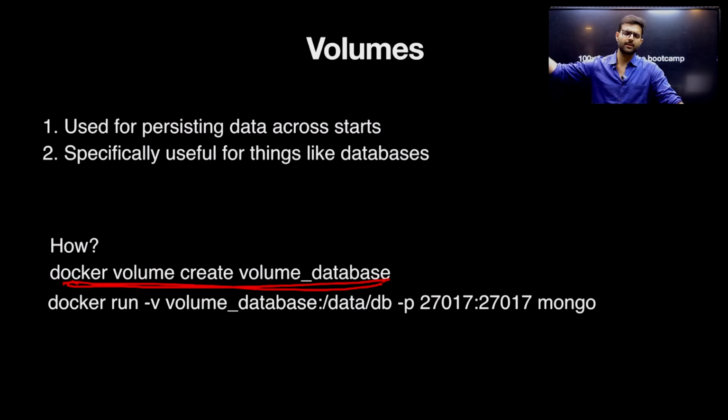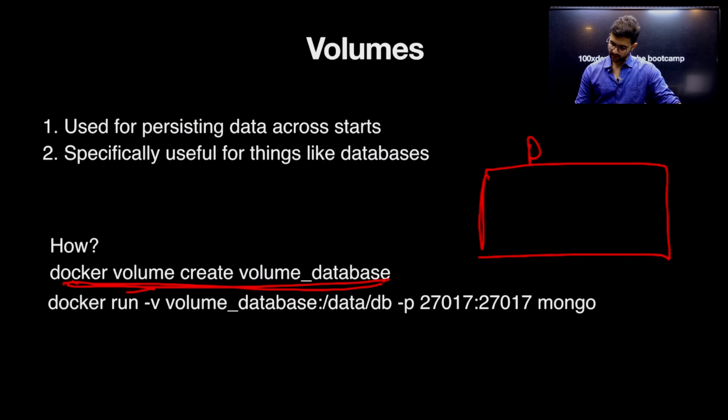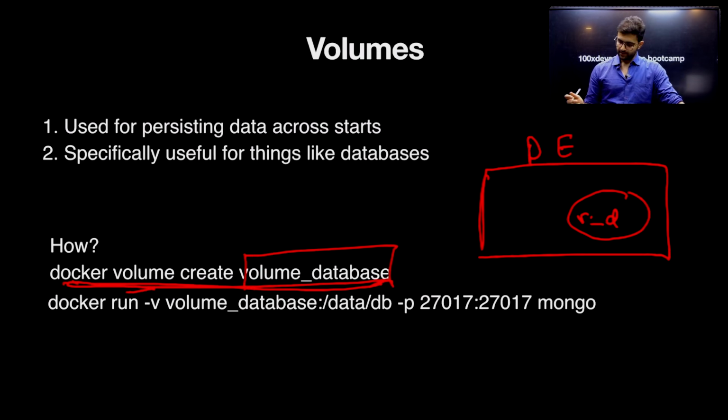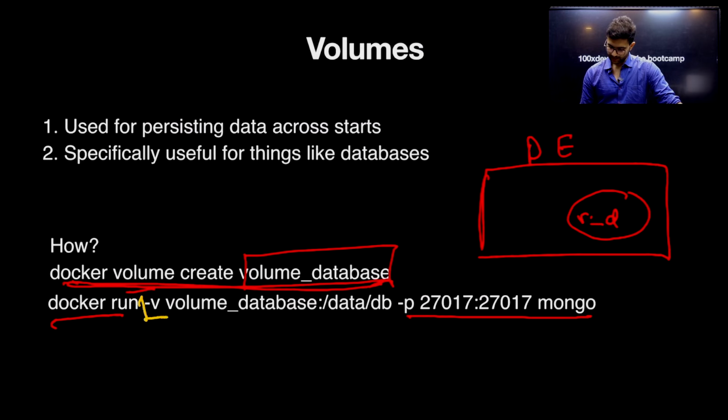Forget that we're building images, forget that we're running images. Just this command would, inside the Docker engine, create a volume called whatever, volume_database, this thing right here. Now what you can do is, whenever you're bringing up a container, you can say, docker run, port mapping, Mongo, but one extra thing here, -v volume_database, which is this thing right here, needs to map to